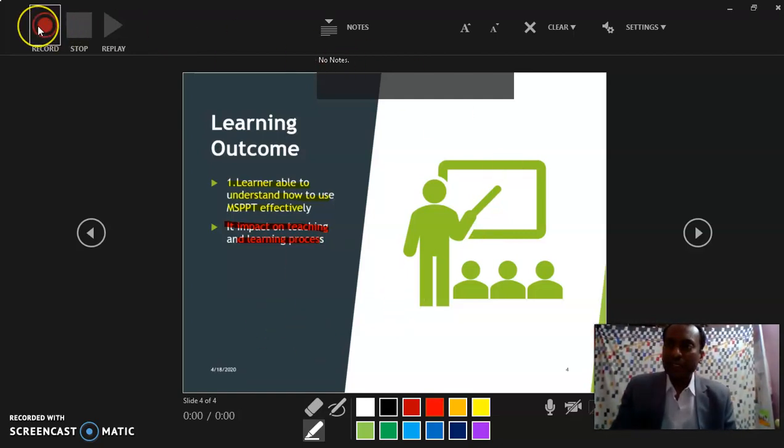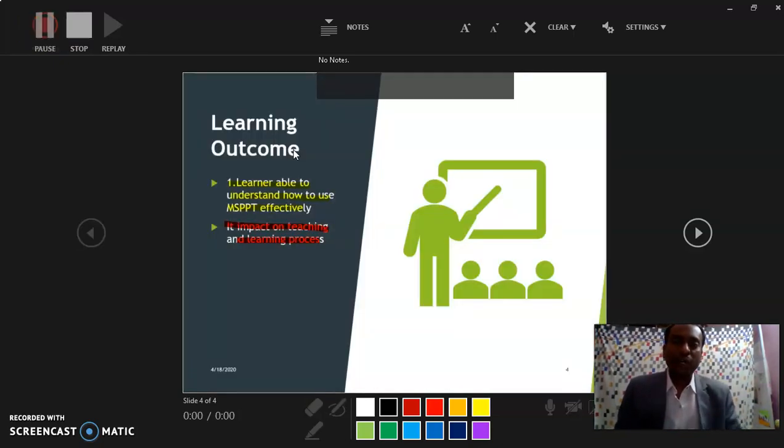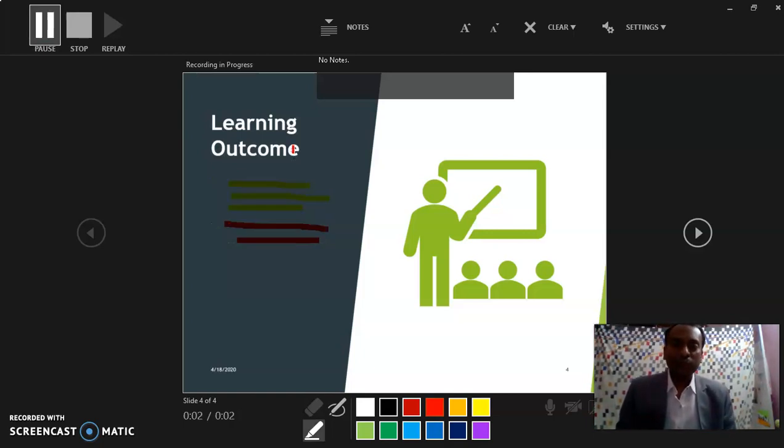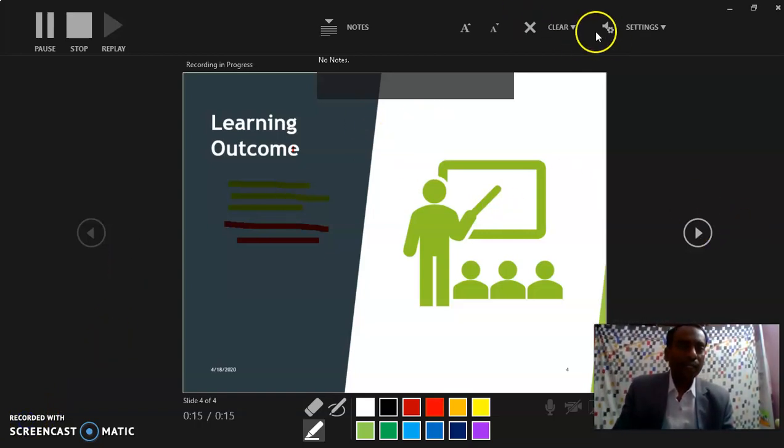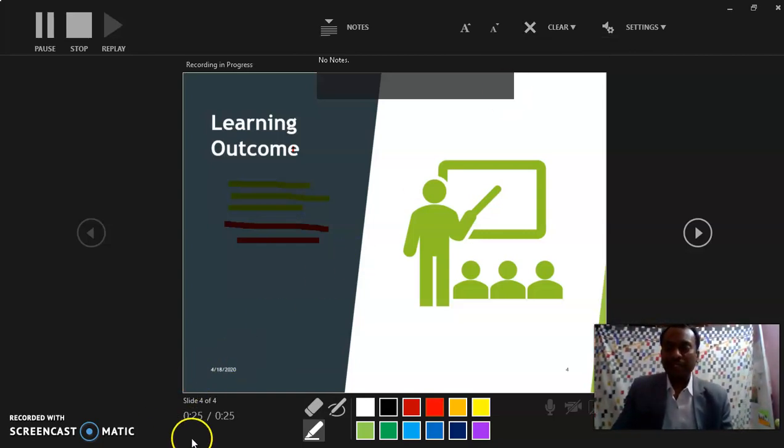Now you can start recording over here. You click here and you can just talk on these particular points. Like that you can record these things. Another option is there: if you want to clear the sound, you can repeat the slides again and talk on that particular slide again. The timing is there, you can see how much time you require for one slide. A lot of features are there, in particular in MS Office 365, where one can do all these things.